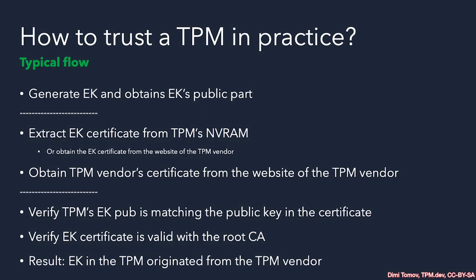Now that we have these two artifacts, the first step is to make sure that the public part of our TPM's endorsement key matches the key in the certificate. Afterwards, we need to verify the EK certificate has a valid chain of trust, going through the intermediate certificate of the vendor and reaching the root CA, resulting in the verification of the TPM as genuine, because we instructed our TPM to generate the EK. Then we instructed the TPM to provide us the public part of the EK, and we matched it to the certificate that turned out to be genuine and valid, walking through the certificate chain of trust. Now we'll look closer into more details of how this works.